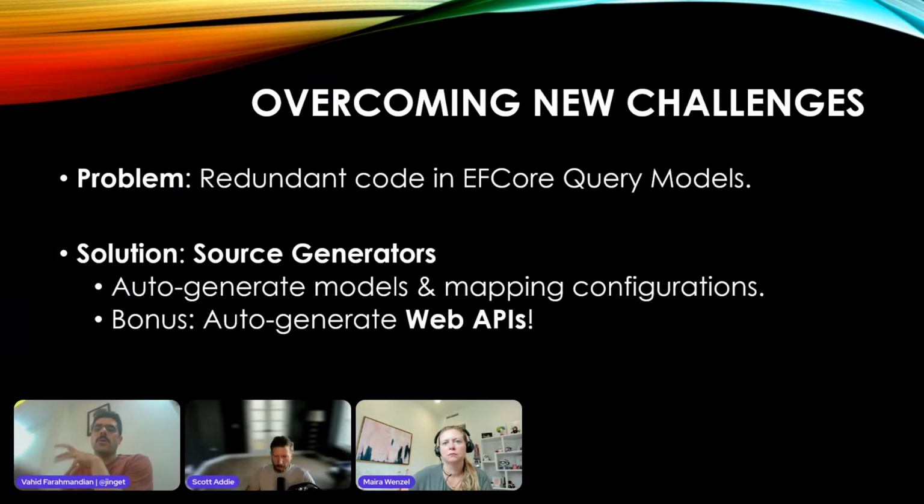But this is not the whole story. When we started to make use of the source generators for our read-only routes, we realized that we have many duplicate codes. For example, we write some models to save our data in our write or command routes, and we need to duplicate that model code in our read-only models code. We need to duplicate the Entity Framework mapping configurations for our read-only models,